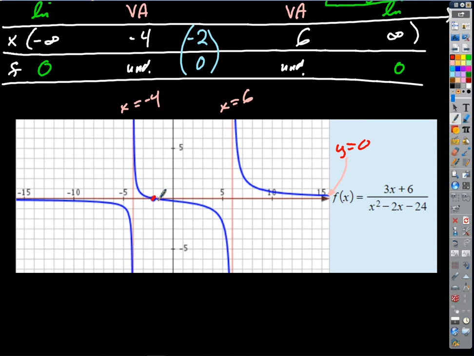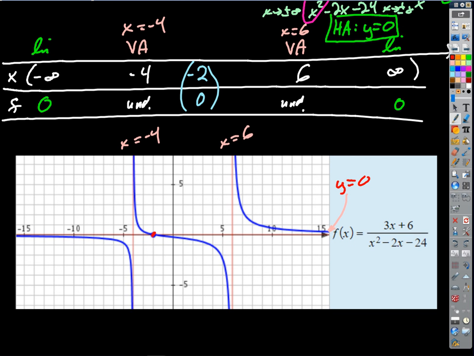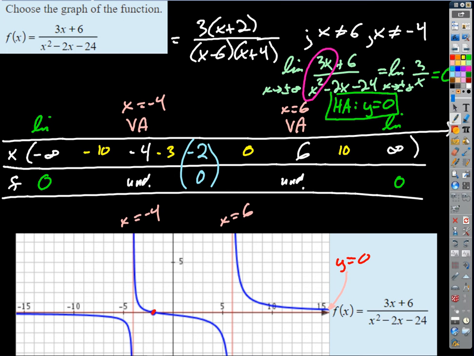Check test values around each of these places. So we could pick values like -10, -3, 0, +10 maybe, and just check the sign of the function. Well, we want to look at the factored form, there it is, right? So if we check